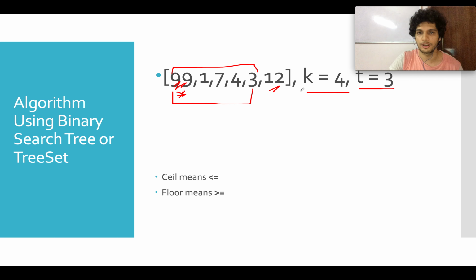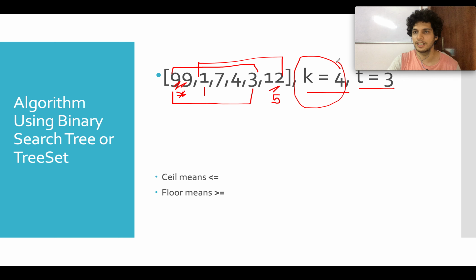For the next comparison, you will compare these four indices, so this will be at 1 and 0, 1, 2, 3, 4, 5. This is the valid range, this is your search space. You reduce your search space to these many elements, which is equal to the size of k.